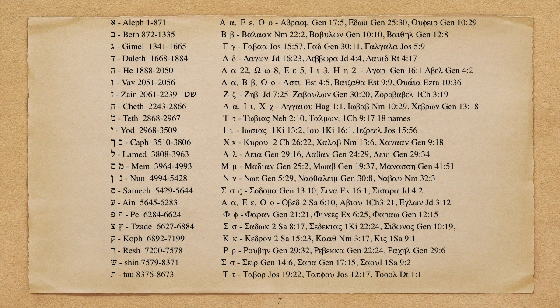This chart displays the letters of the Hebrew alphabet on the left side, along with the Strong's numbers for the Hebrew words which start with that Hebrew letter. All words that start with an aleph are numbered between 1 and 871. This Strong's Hebrew numbering system is used in a lot of reference books. To the right are the Greek equivalent letters to the Hebrew letters and a pronunciation guide, which we'll go over shortly.